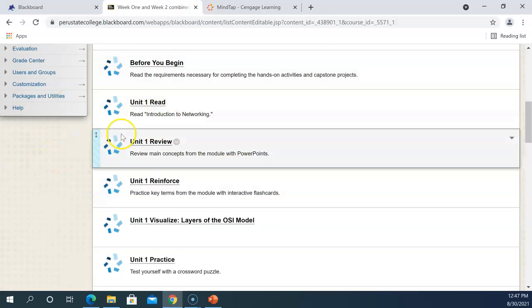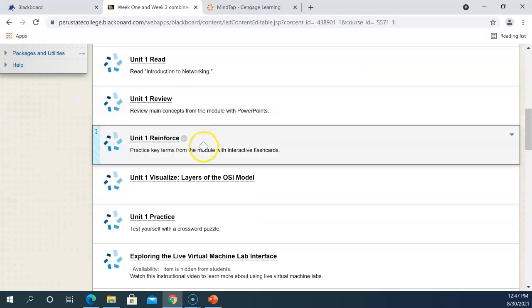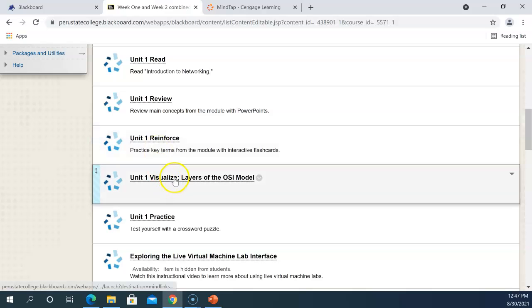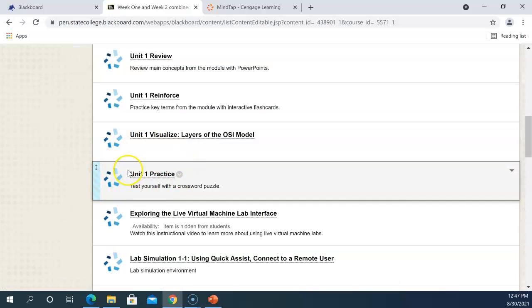So here's your reading. This is a review, in other words, it's actually that same PowerPoint, but it's now inside of a frame. Key terms. This is just a flashcard. This is a visualization of those OSI models. This is another practice for terms, the crossword puzzle. Now, the crossword puzzle I put in there because it's kind of fun and a great study guide,